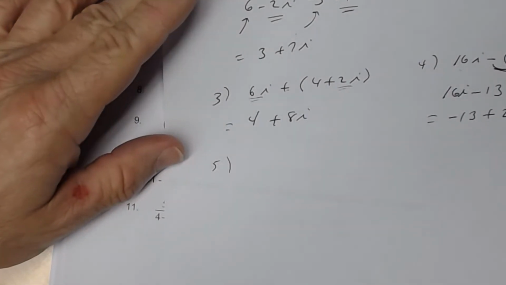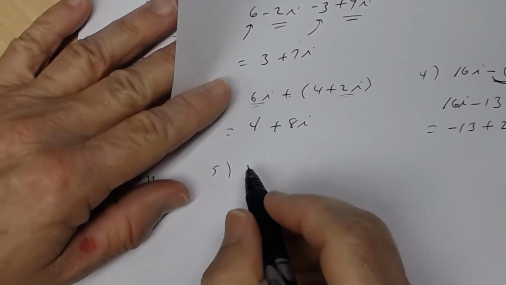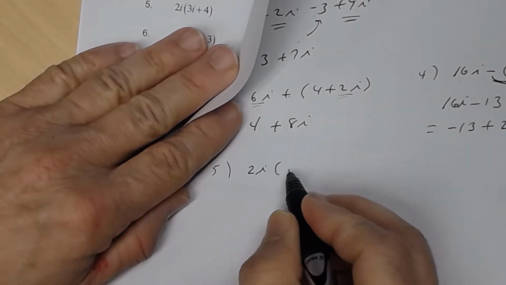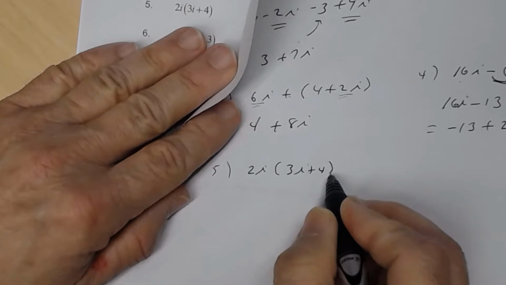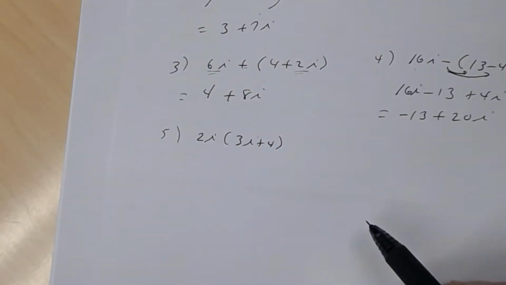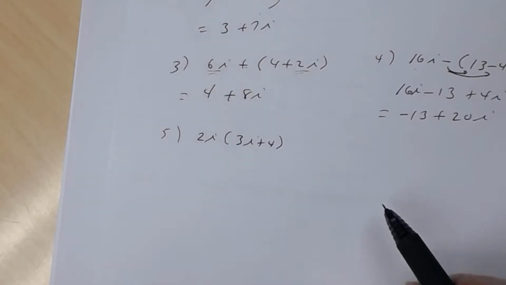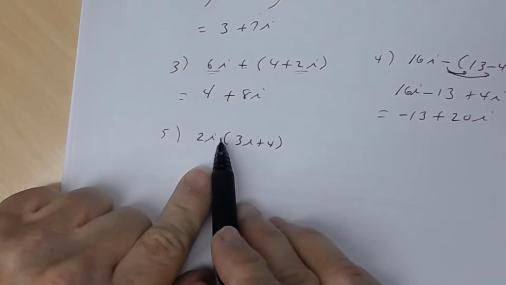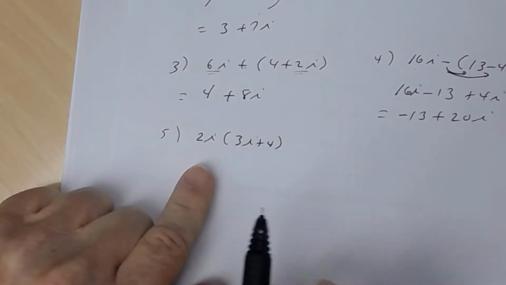Okay, number 5. This time, number 5, you have 2i times 3i plus 4. So 2i times 3i plus 4. Now, this time you're multiplying. So now the operation is multiplication. Now, you got to recall